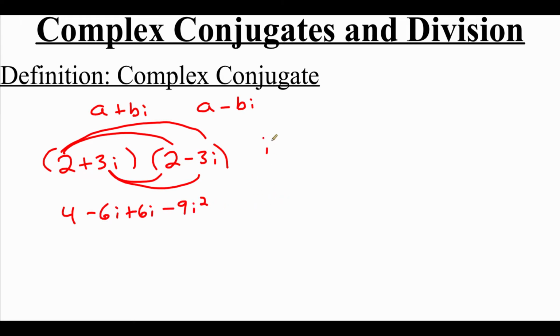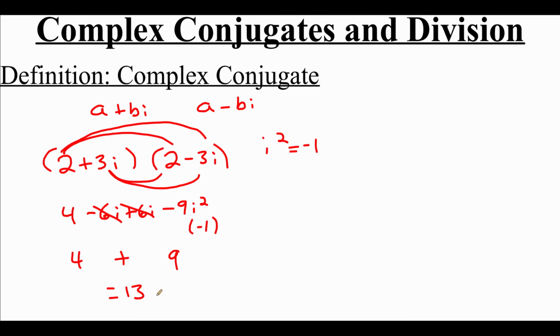But remember that i squared is the same as negative 1. So taking negative 9 times this negative 1 in here really turns into a positive 9. We've got that 4 out in front. Here in the middle with the negative 6i and the positive 6i, those are going to cancel each other out. So then we just have to take the 4 plus the 9, and we end up getting 13 as our answer. So anytime you multiply a complex number by its conjugate, you're always going to get a positive real number